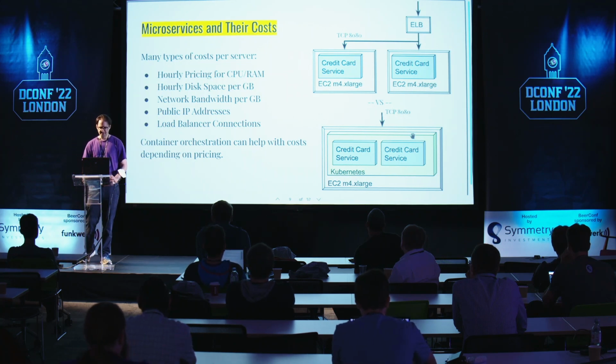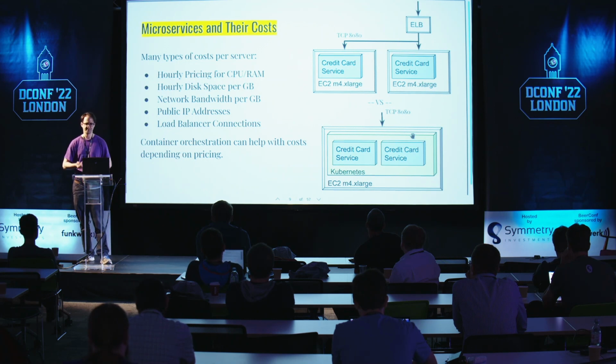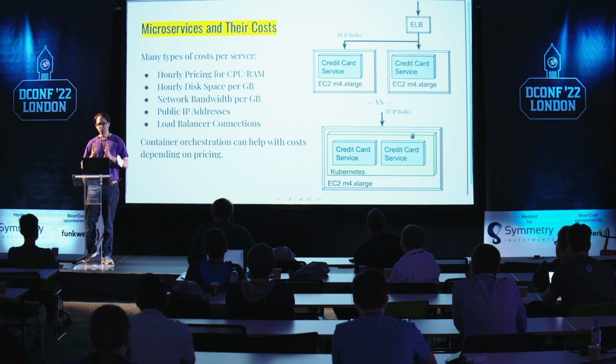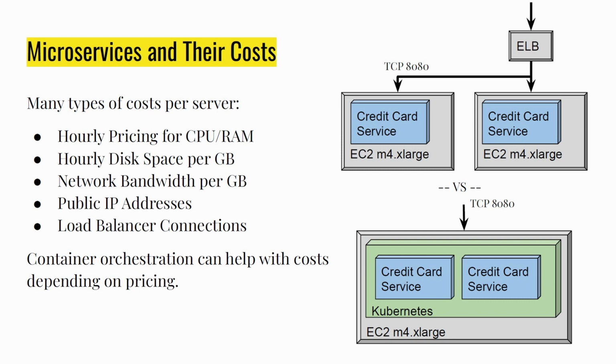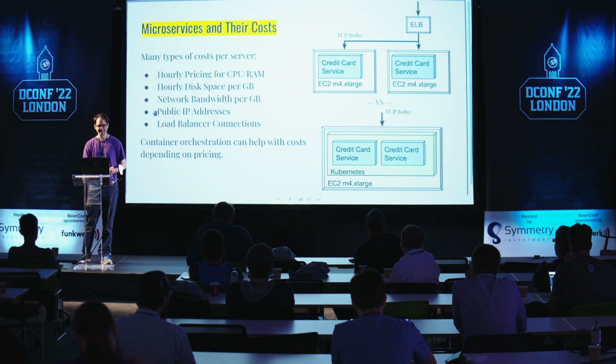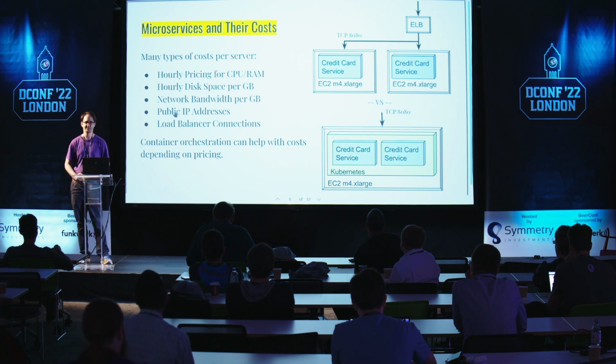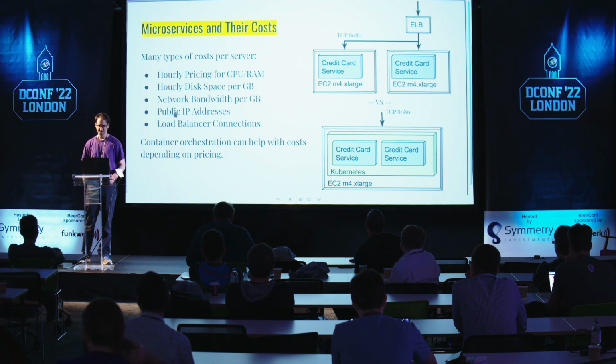Now the thing about it is, there are several types of pricing that influence how much you're going to spend on this. Some of it you can save, some of it you can't. So there's the hourly pricing for computers that have CPU and RAM. That's a cost for the bigger machines you have. You can have different costs. You're charged for disk space, network bandwidth, and public IP addresses. This is almost like a head tax, a cost per computer, because each computer could potentially have its own public IP address. And then how many connections are attached to your load balancers is another cost that comes up.